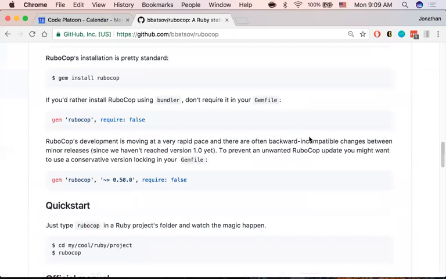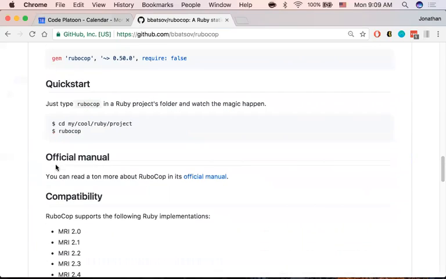The installation is pretty standard. At the command line, you just run gem install Rubocop, and then it installs that on your computer everywhere. Again, it's a Ruby library, meaning it's thousands of lines of Ruby code that someone wrote ahead of time to make your life developing software a little bit easier. So somebody wrote the software. All you have to do is gem install Rubocop, and then just run Rubocop straight from the terminal